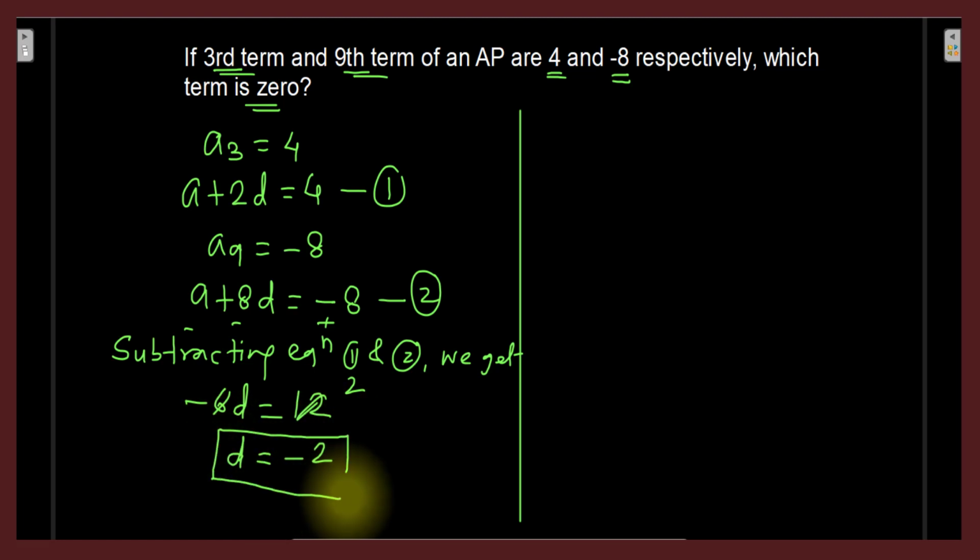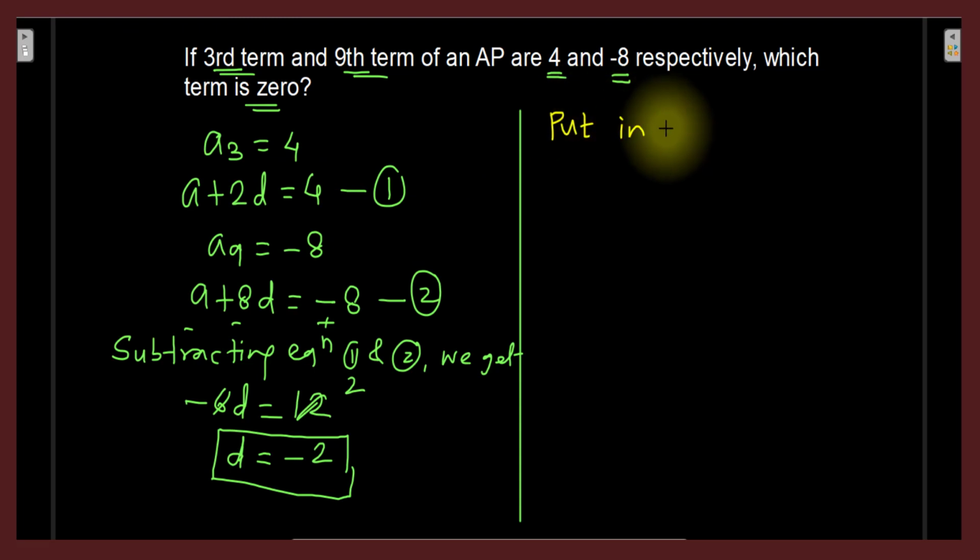Highlight this term because you have got the first important step. So D is equal to minus 2. So put the value of D as minus 2 in equation number 1. Putting in equation 1, we get,